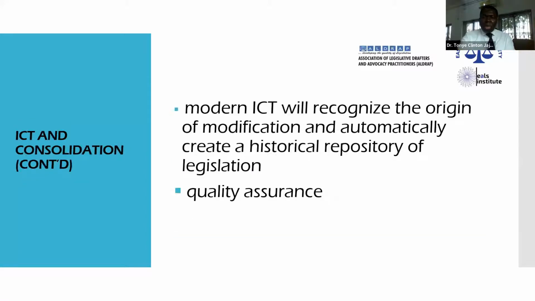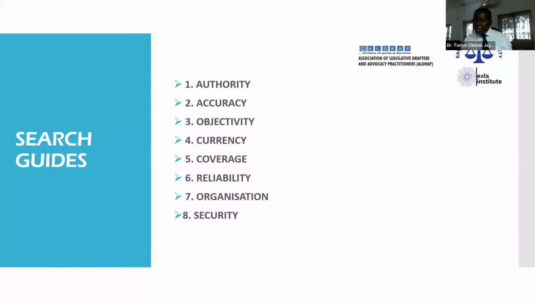Now, I will quickly go to specific, when we're using ICT, the first task of any legislative drafter, when you are given instructions to draft, you don't jump into drafting a law. You need to analyze whether there is an existing law. Before I draft this law, can the problem be solved by use of other means instead of legislation? Not every problem will be solved by legislation. You can use other means to solve a problem. Education, for example.